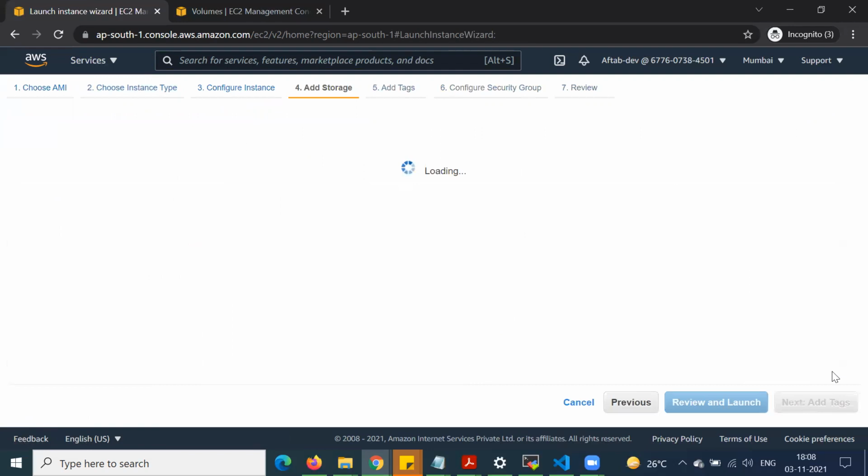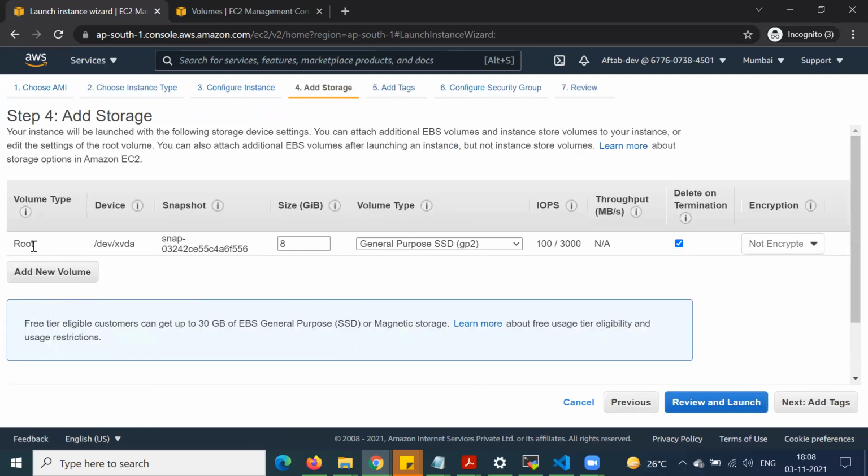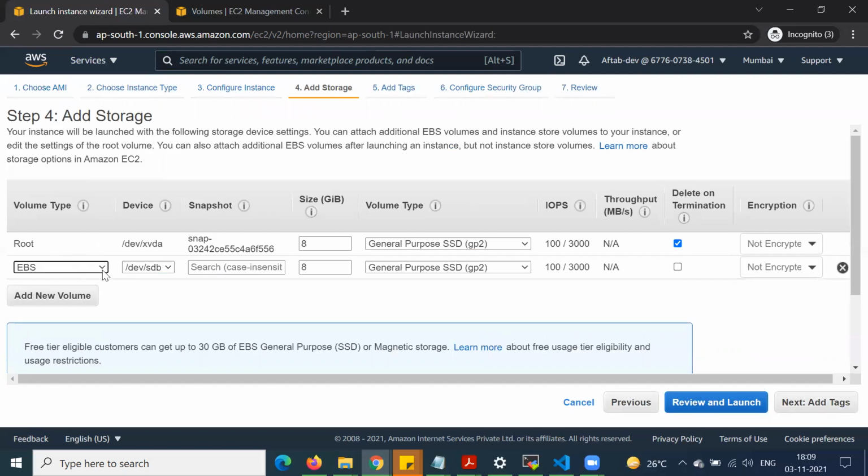First of all, we will go to add storage. So guys, here this storage is a root volume, right? Here we can see delete on termination is enabled. In today's session we will see why it is automatically deleted on termination. We can also add a volume from here if we want, but right now we can see that for the root volume, delete on termination is enabled by default. But if we attach some other EBS volume, delete on termination is not enabled, right?